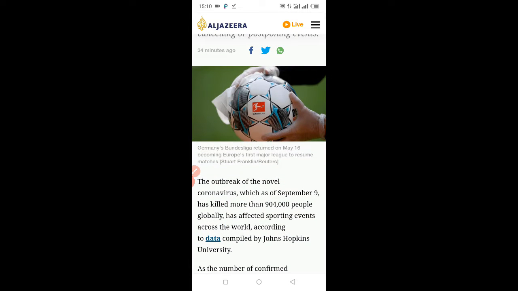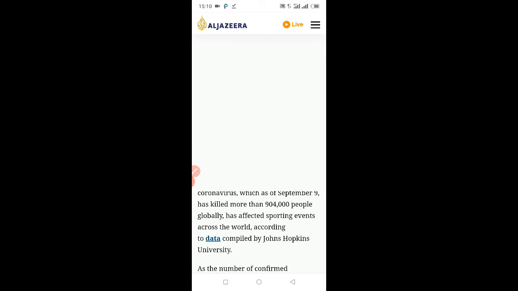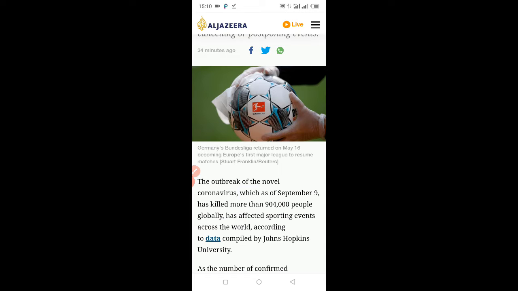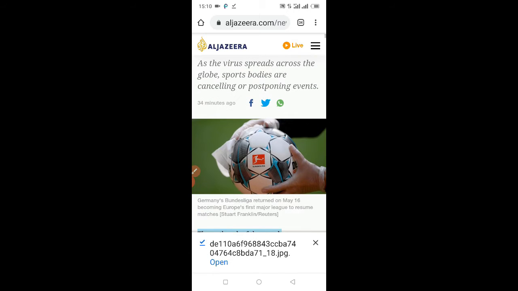So the other step that you have to do is copy your news. You just have to select the things which are connected to your news, because you can find a lot of things here. Here there's an image, so you just can't start from the beginning and just copy everything.